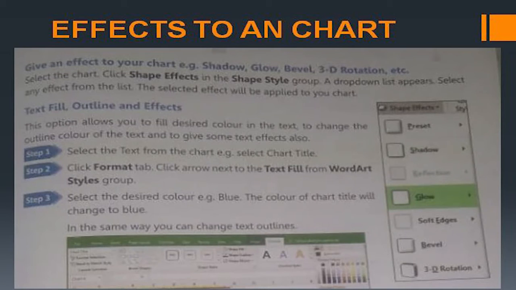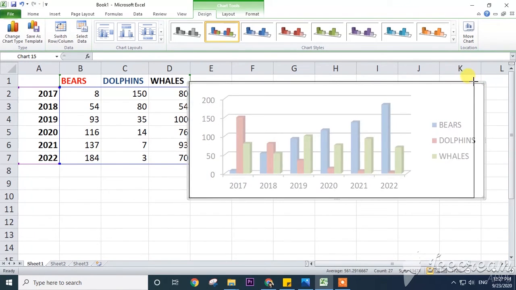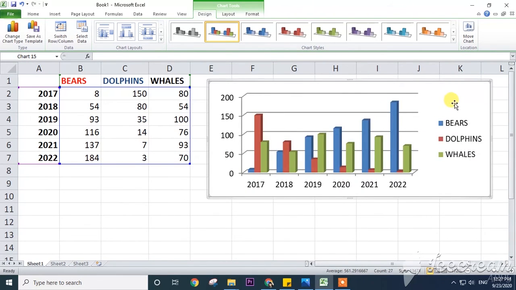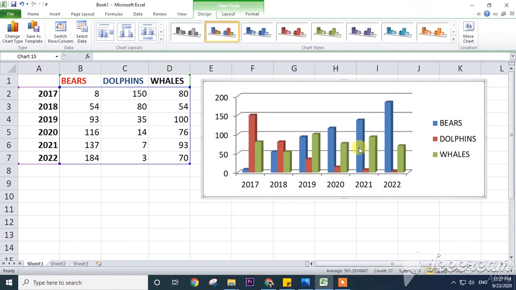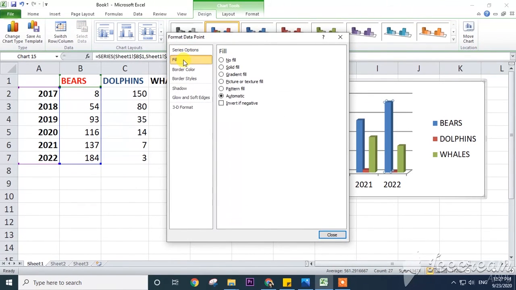Let us have a look at a small video. After making your chart here, let us have a look at how to shape fill, and I want to give color to this one, like yellow color. Select that one and double click that one, and you will get one dialog box here, format data. There is a fill color here, solid fill and color.